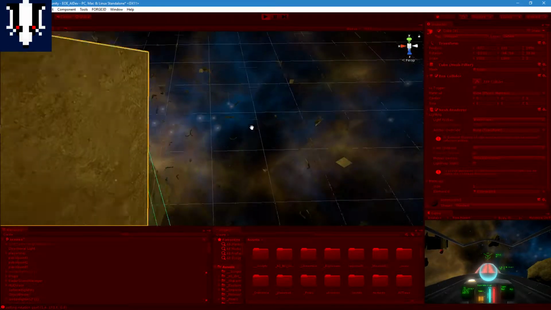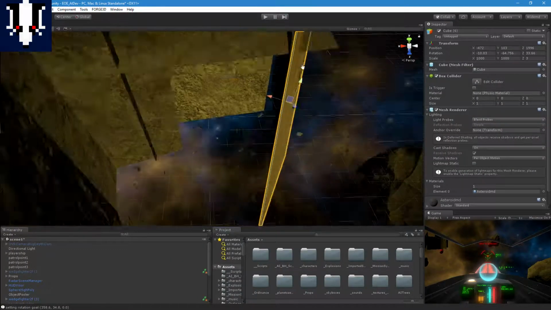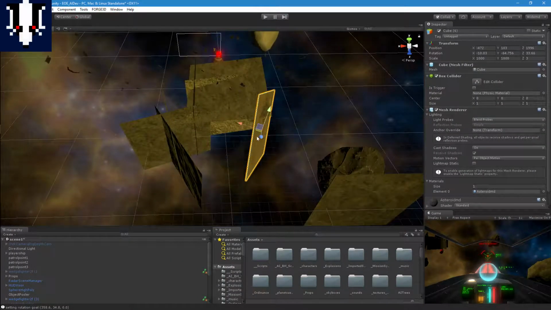So he's a little jittery. I don't know what that will look like when you're actually playing the game, but there you go. He got in there. So let's try it again. If you want to just see,